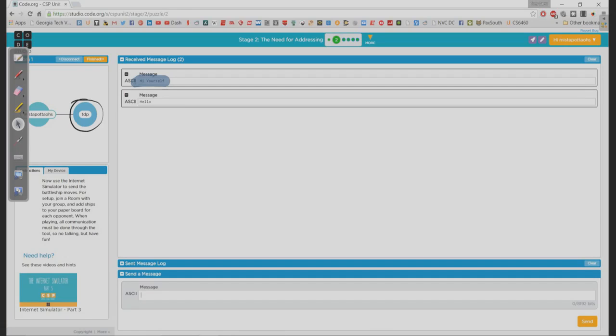So what you're going to have to come up with in this activity is not only a way to make sure that you know who you're talking to, who you're getting information from, but also you need to convey those playing of Battleship. You're going to need to let people know what the coordinates are that you're trying to target. You're going to have to let people know if they've made a hit or if they've made a miss. And then later on in the activity, you're going to have to make sure that you make it concise. Because remember, we're talking about 1970s architecture where each bit that's sent is at a premium. Each bit that's sent is costing money.